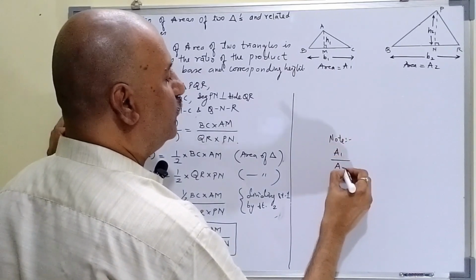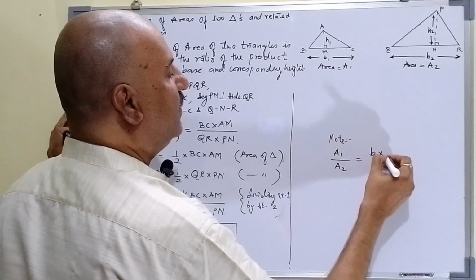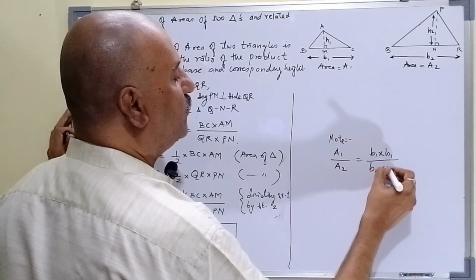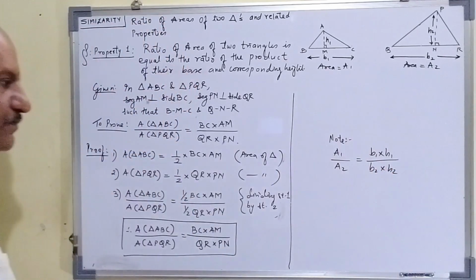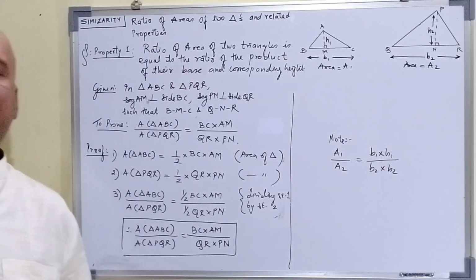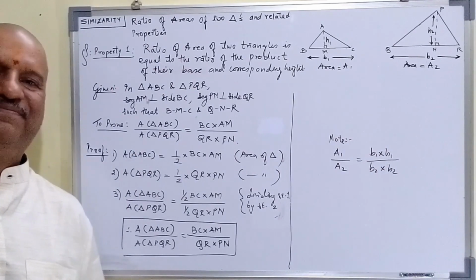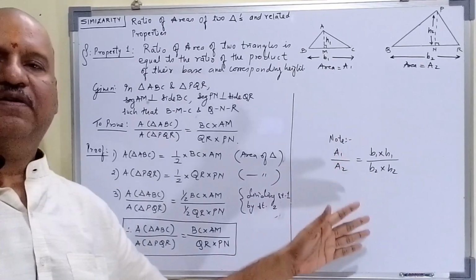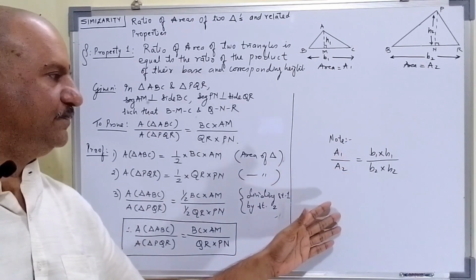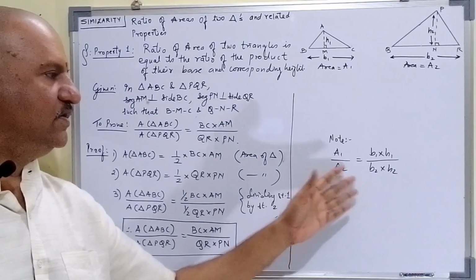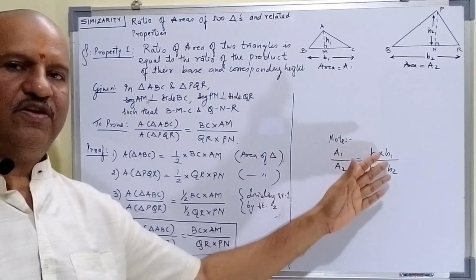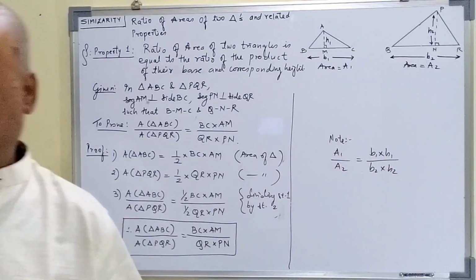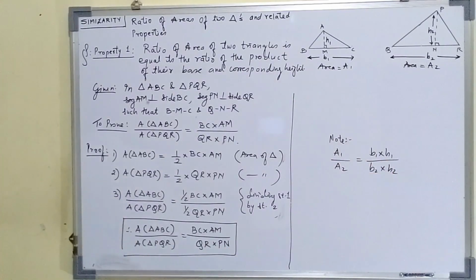A1 upon A2 is B1 into H1 upon B2 into H2. This is our first property. Very simple. Understand? Simple ratio of two triangles. So the area of two triangles is equal to half, cancel. So what will remain? The ratio of the product of their corresponding bases and heights. Now we go to